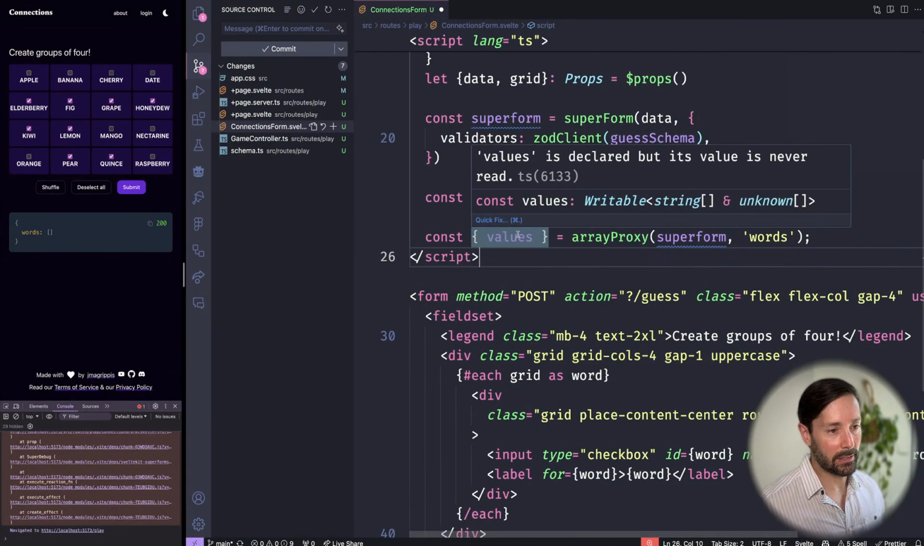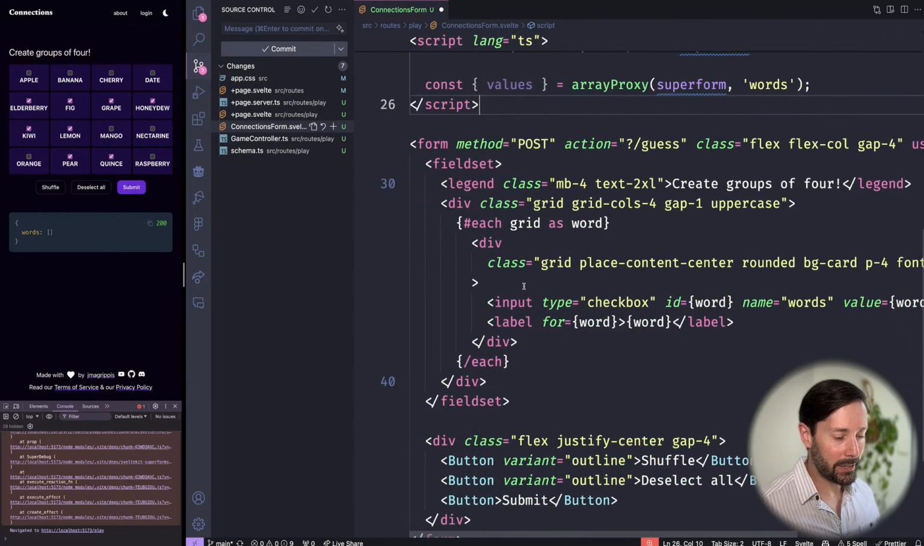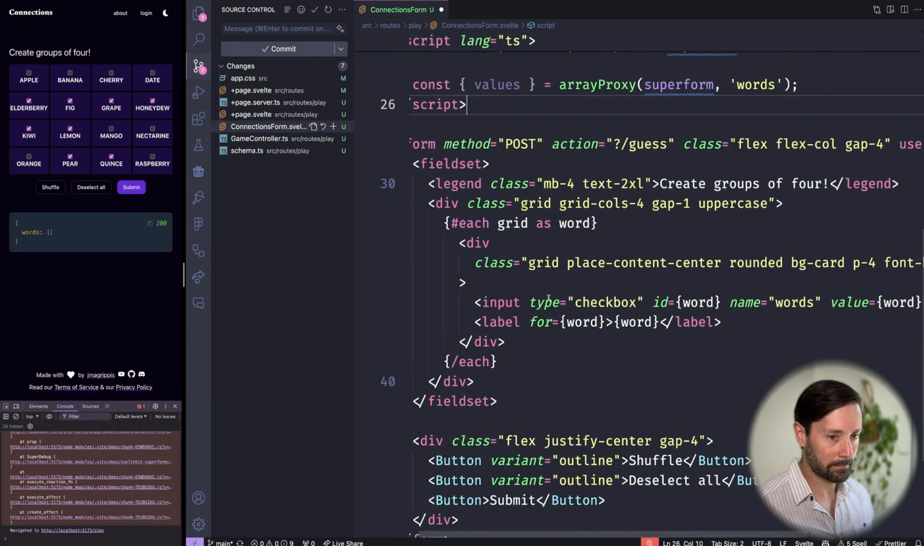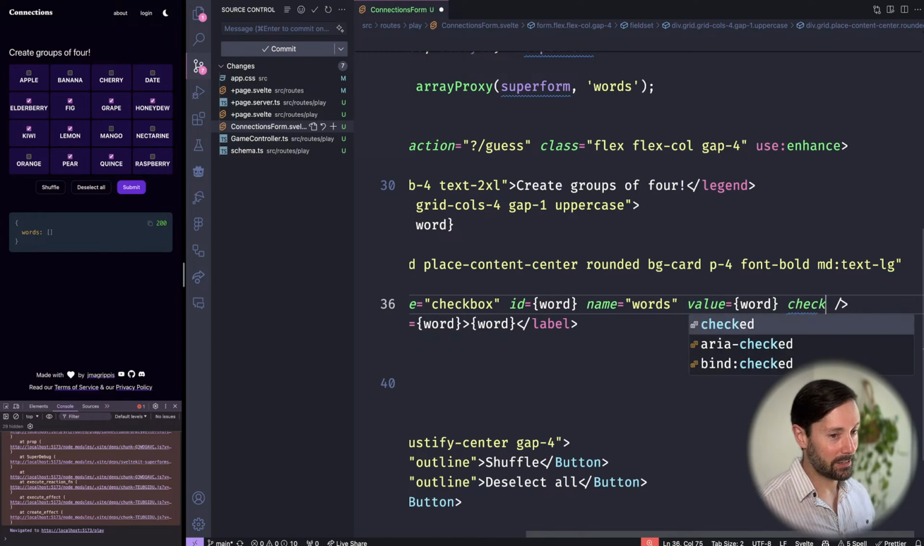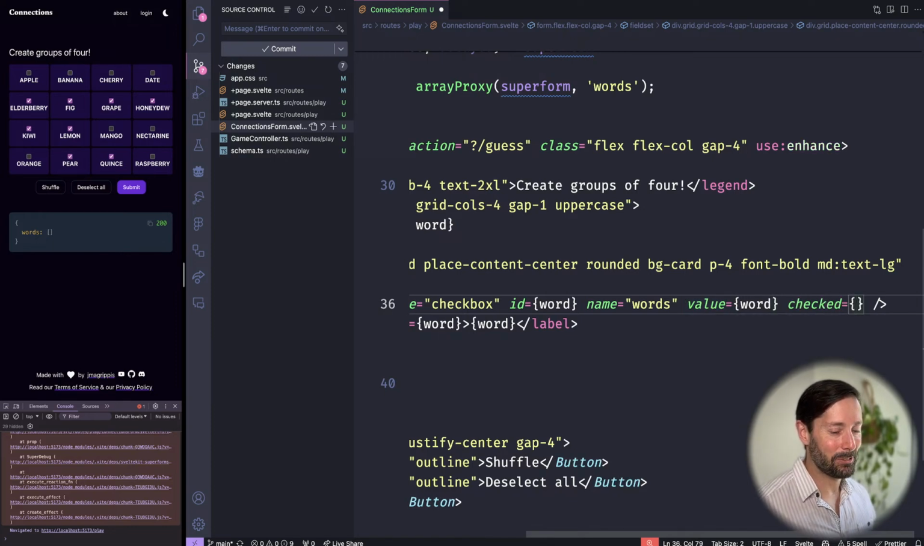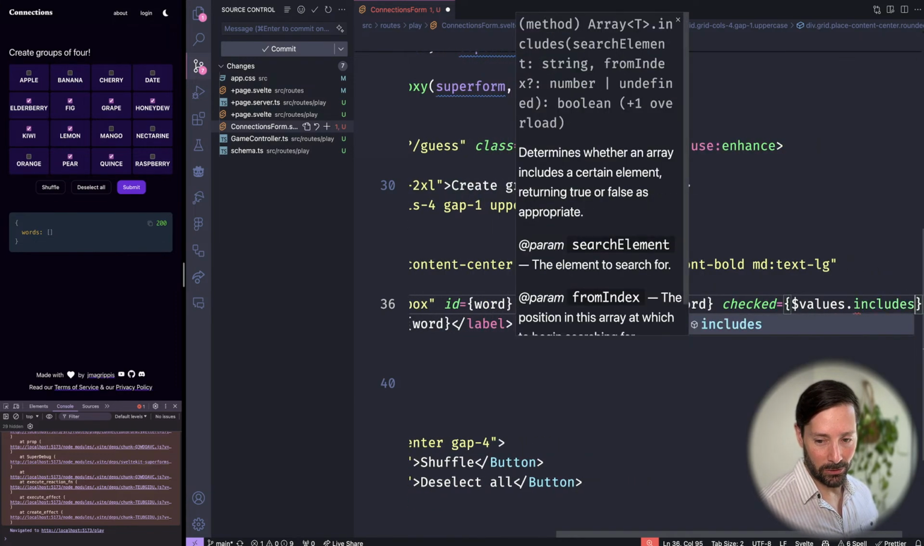This should be an array of everything that we've selected, which means that checked should be equal whether values includes